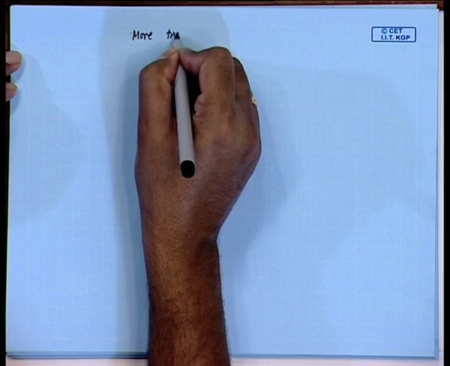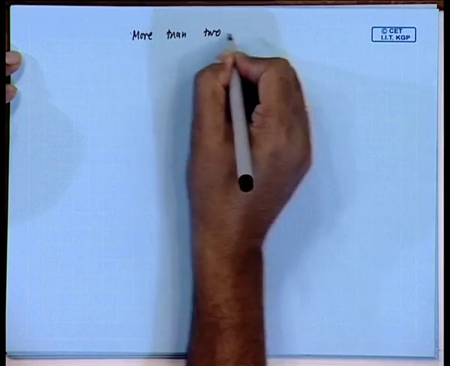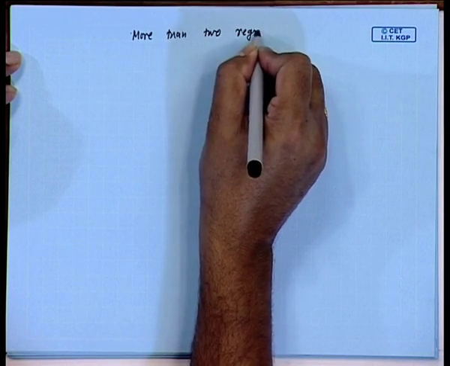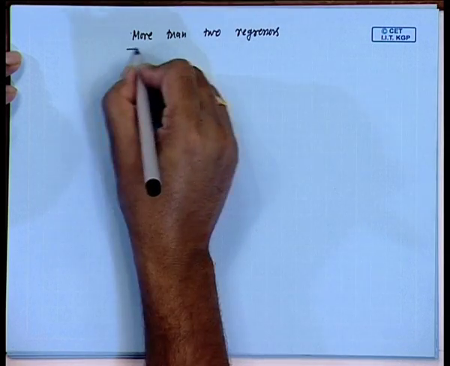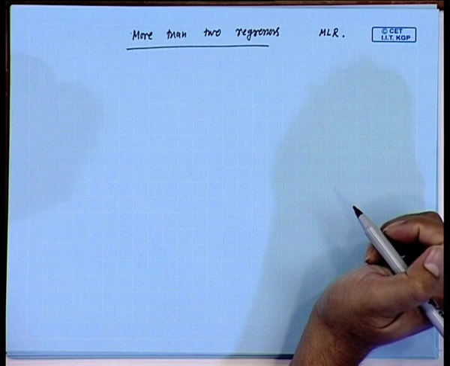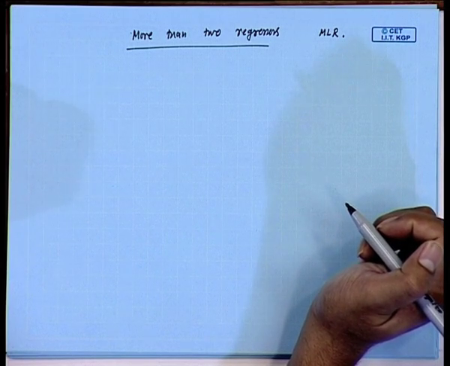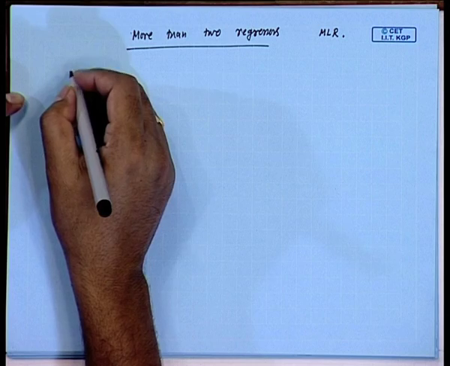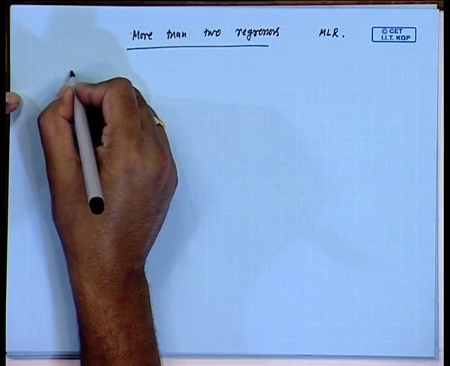So, that we are going to mention now. Suppose you have more than two regressors in the multiple linear regression model, then it can be proved that